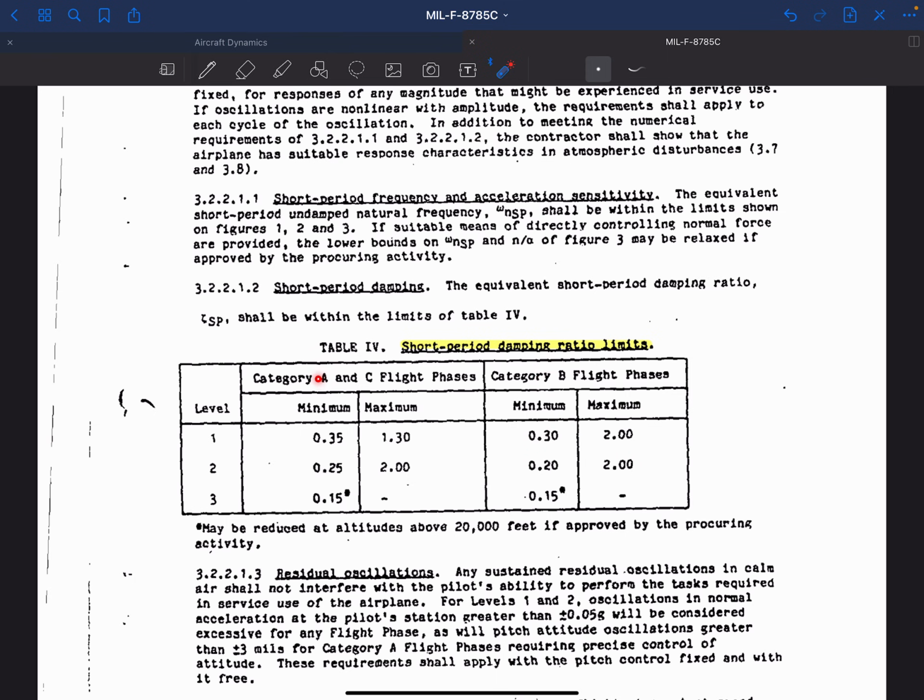Category A and C flight phases come up with the same lower and upper bounds. If you're in category B flight phases, then you have slightly different bounds here. Okay, so Phillips takes this one step further, which I really like. He then